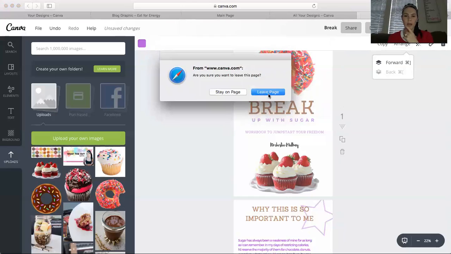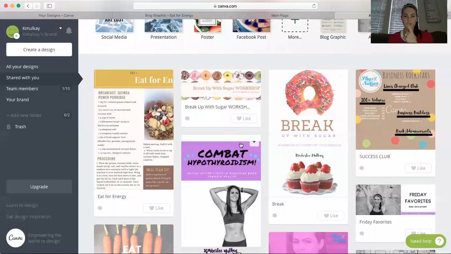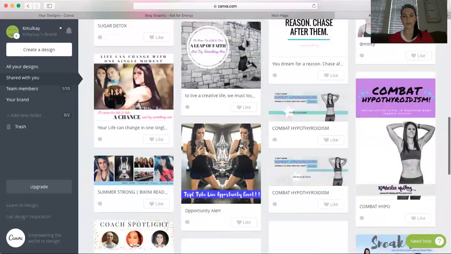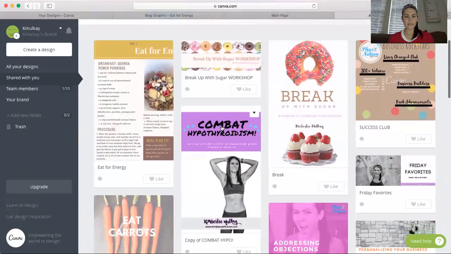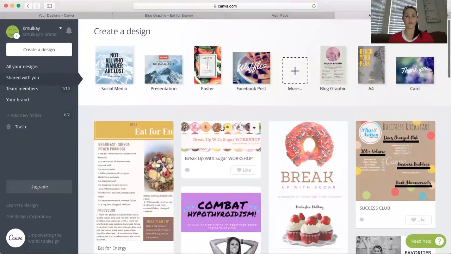So let me go back, and these are all the documents that I've created. So anything that I would want to go back and edit, it's super quick. Let's see what else. Oh, let me just create a new one so that you know where to go. So you want to click more,